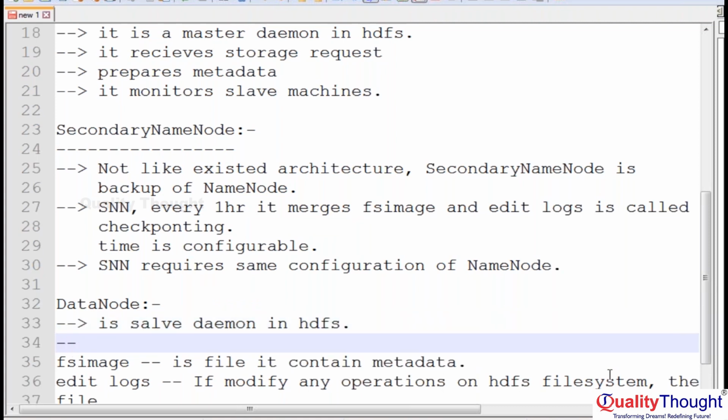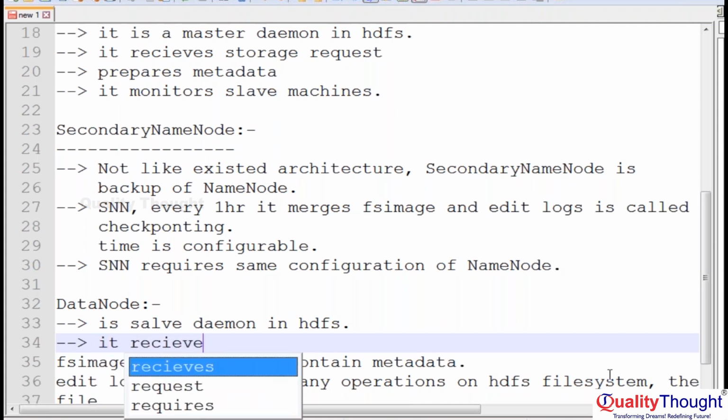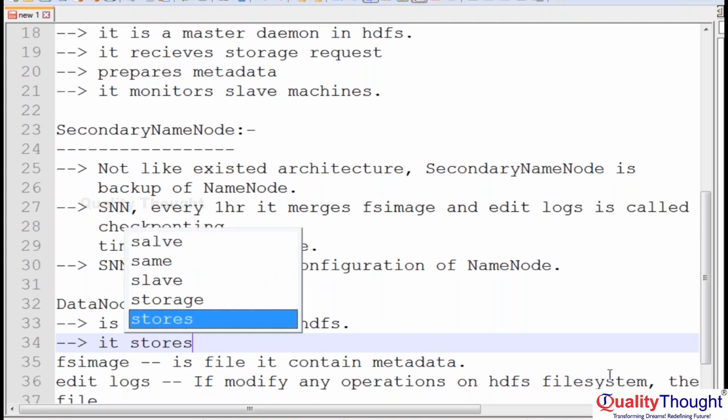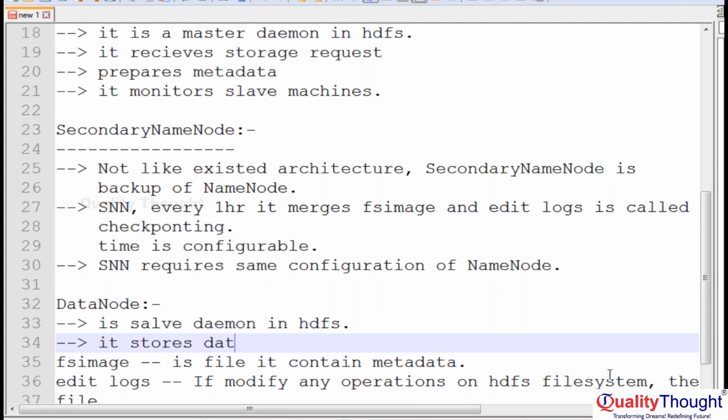So what is the responsibility of data node? It receives or stores the data. It stores the data and